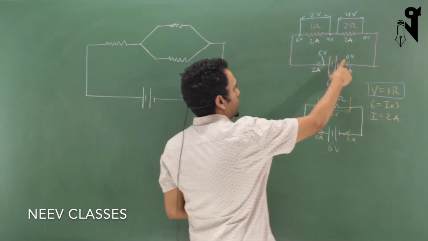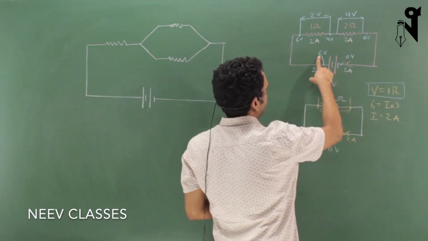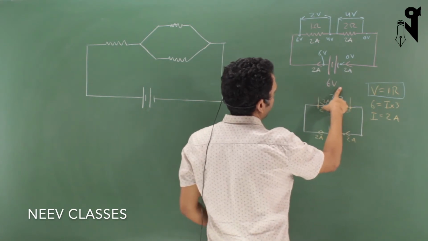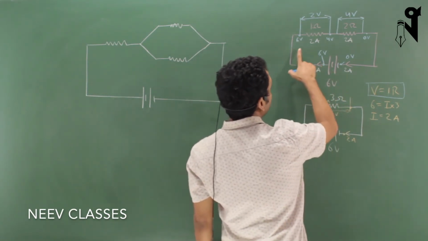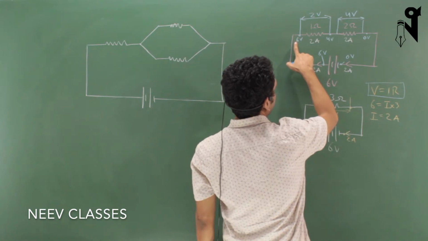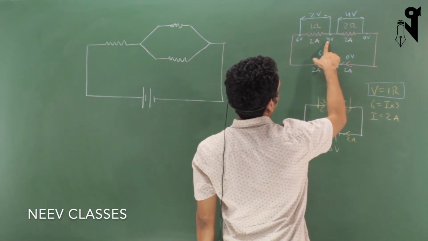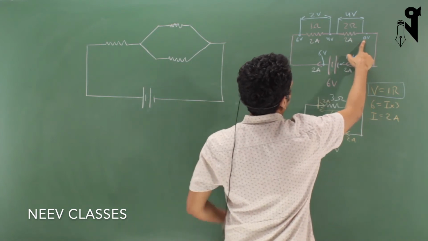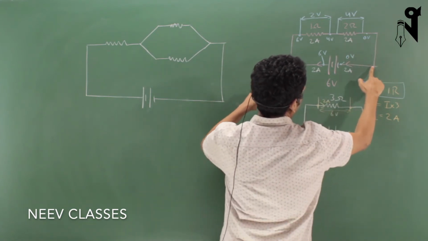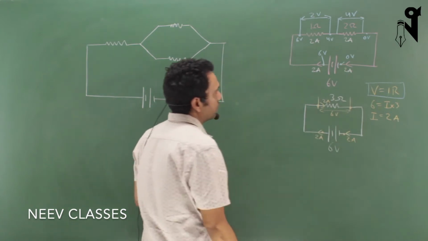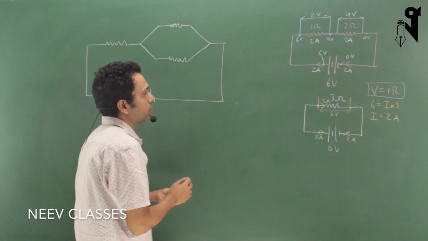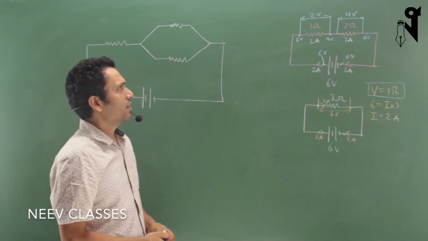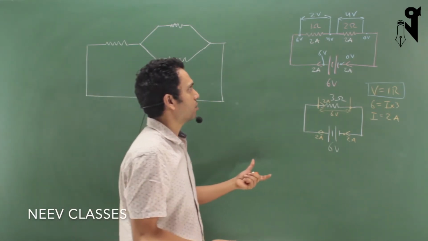Had it been 10, what I was saying, this would have been 16 because the potential difference of the battery is 6 volts, mind you. So this would have been 16, and a drop of 2 would have given a 14 over here, and a further drop of 4 would have given a 10 over here. So this would have been 10, 10, 10, 10, 10 volts, which agrees with this 10 volt over there, had it been 10 volts. Anyways, so this is a very, very basic circuit of two resistors being